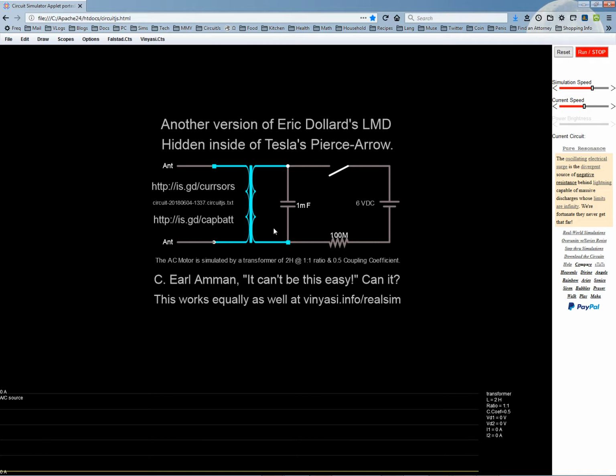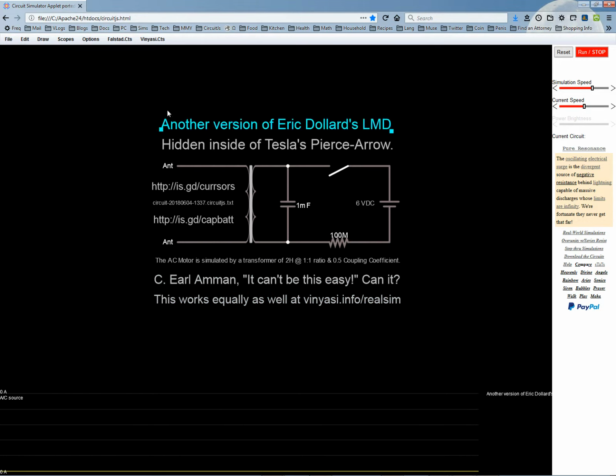Anyway, let's see what else. I think I've covered just about... Oh, no, there's one more important thing right here. Another version of Eric Dollard's LMD hidden inside of Tesla's Pierce Arrow. See, Earl Amon, it can't be this easy, can it? And this works equally as well at